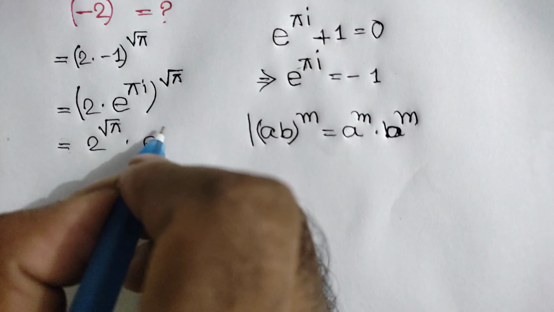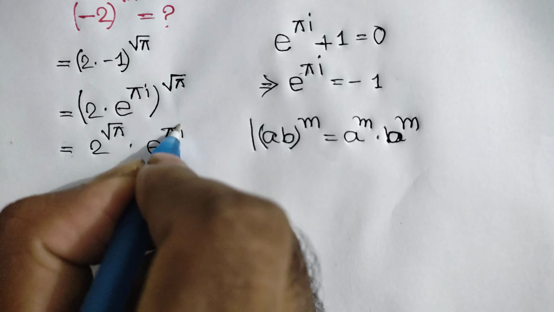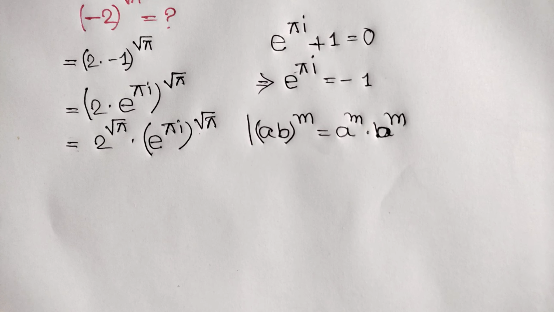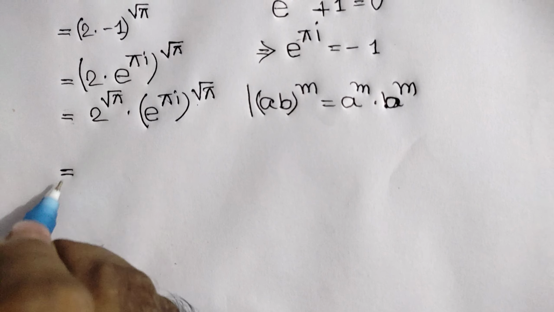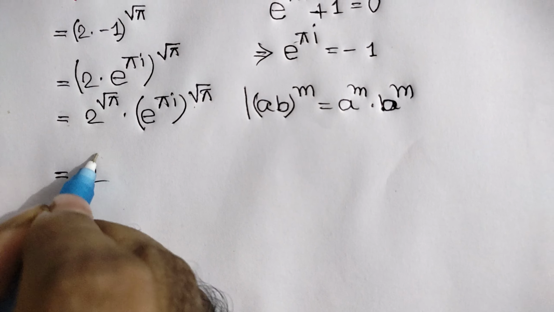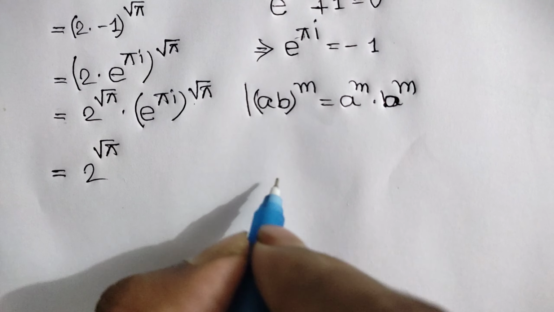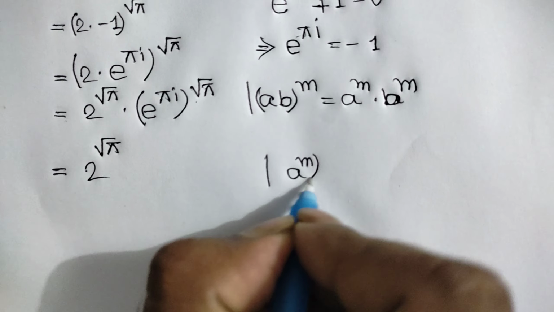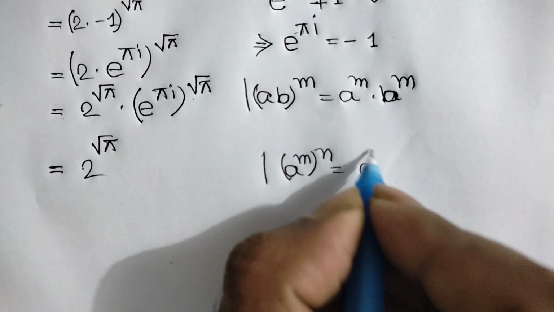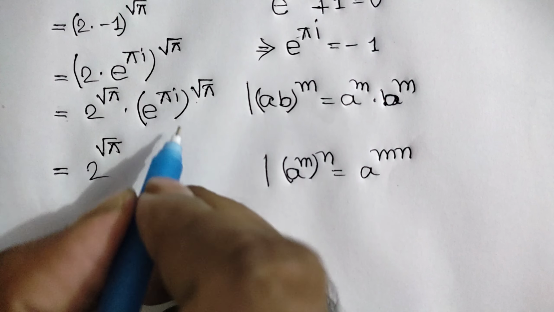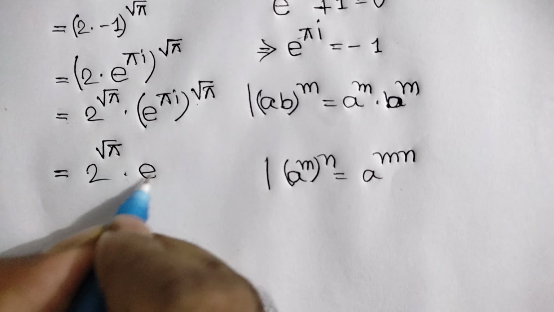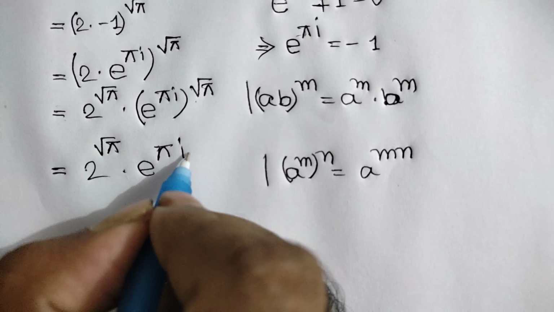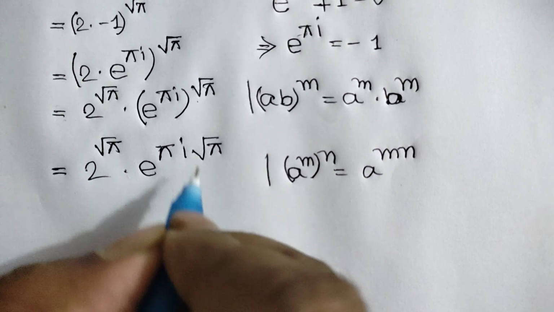(e^(πi))^√π is equal to 2^√π. Again we know that (a^m)^n is equal to a^(mn). Now applying this formula, here we can write e^(πi times √π)